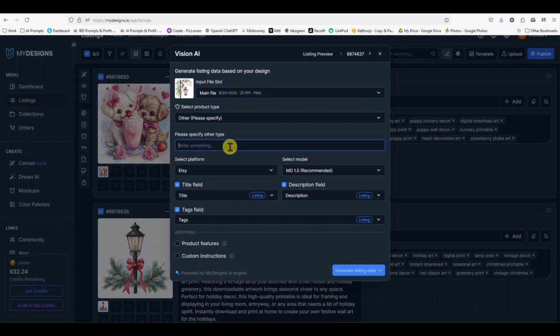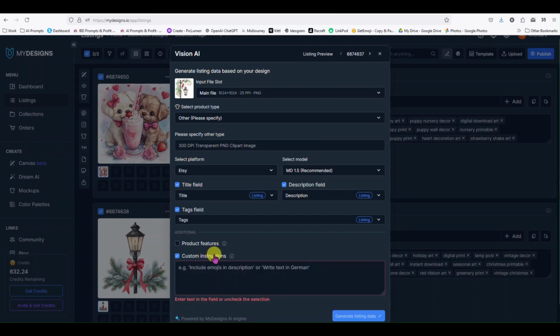So let's say I am listing these images as clip art images. All right, so what I put in here is 300 DPI clip art, 300 DPI transparent PNG clip art image. All right, because that is what I am selling. Okay, so now when I run, sorry, my mouse is acting up,